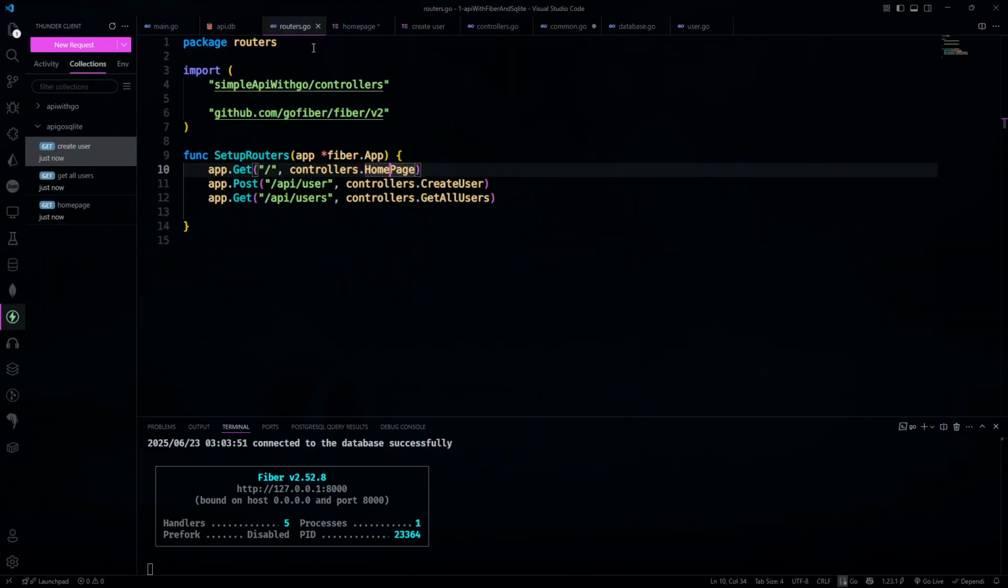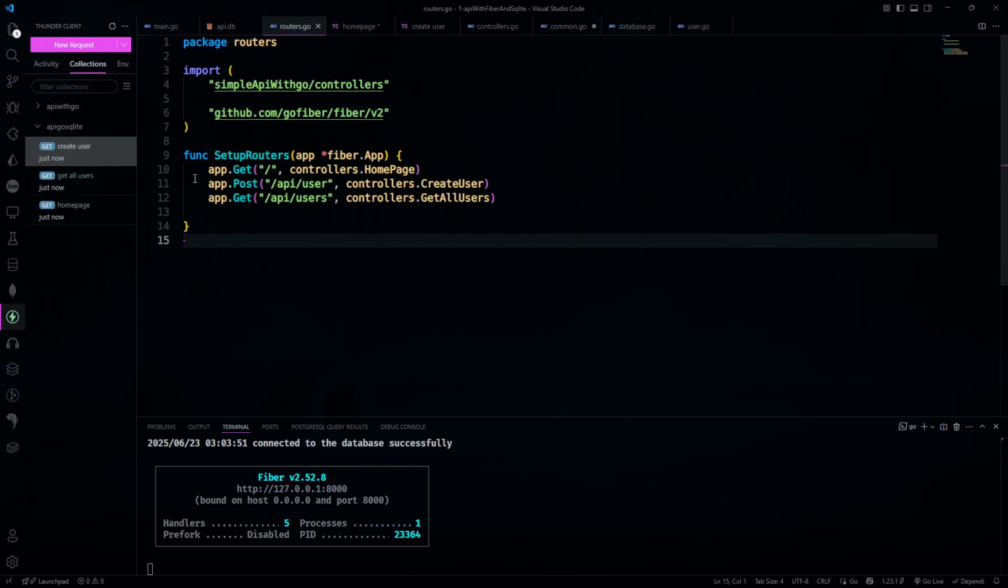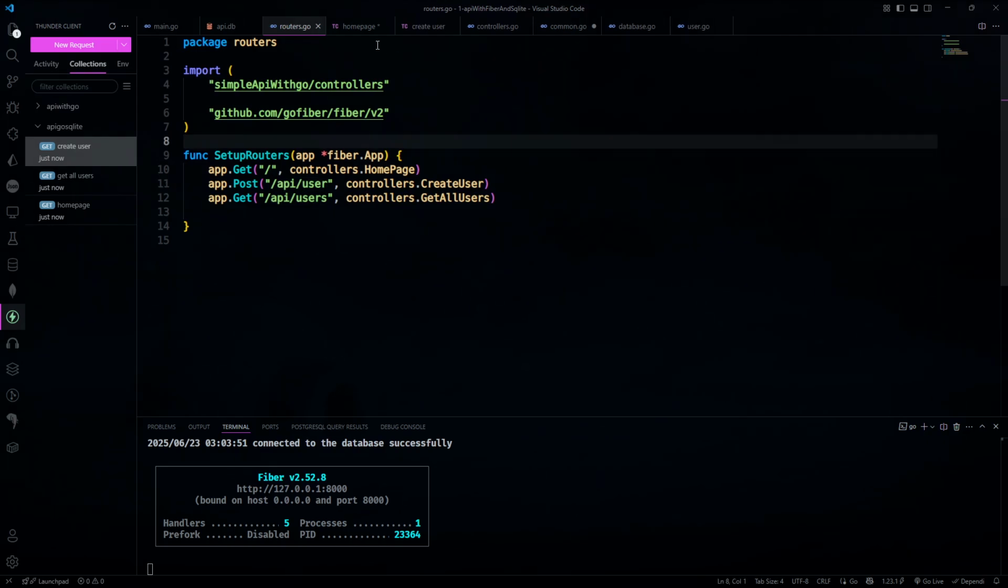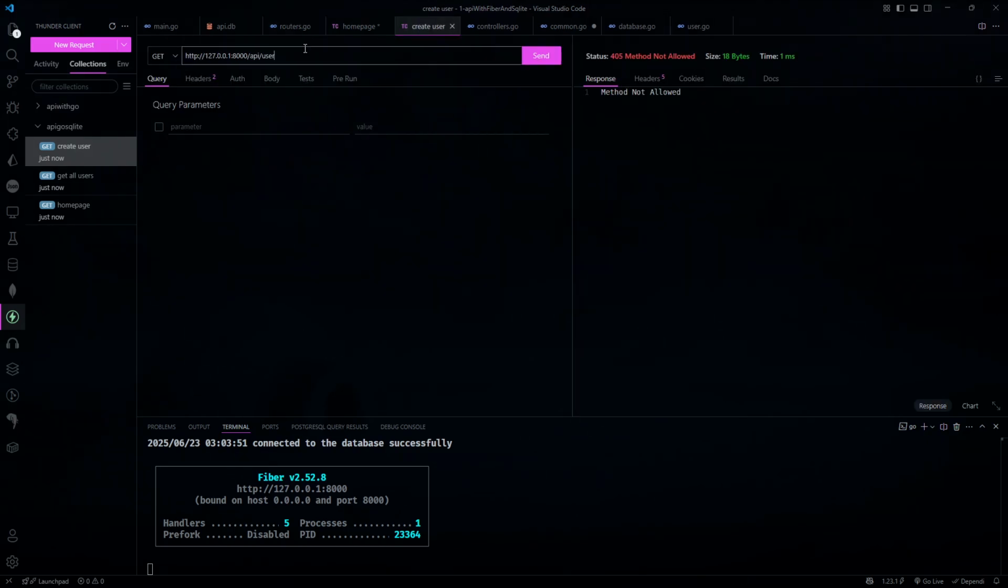You can see in the routers management, app.post, and for creating the user I have given the API slash user for creating the user. So I have to give that URL for creating the user with a post request. You have to give a post request. If I click on the send button by providing the get